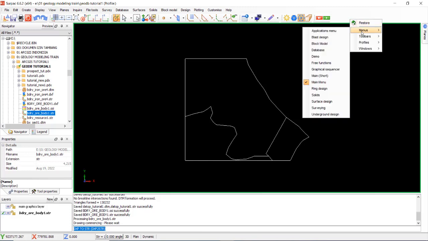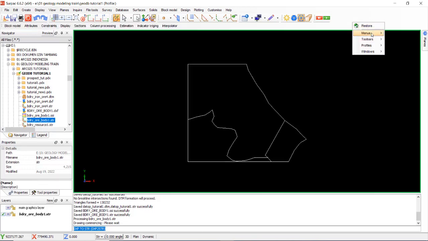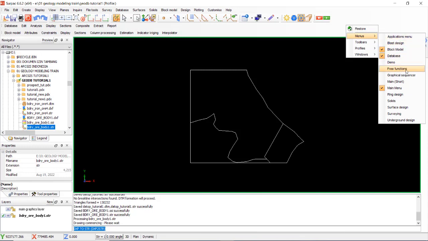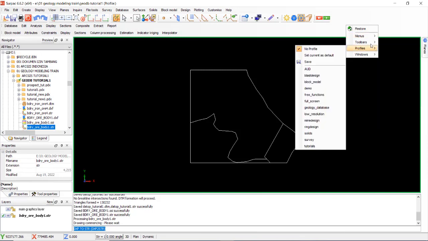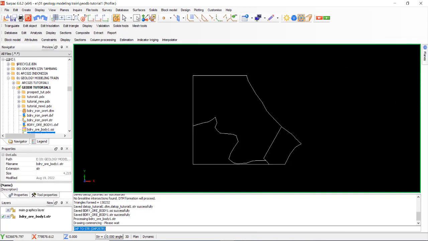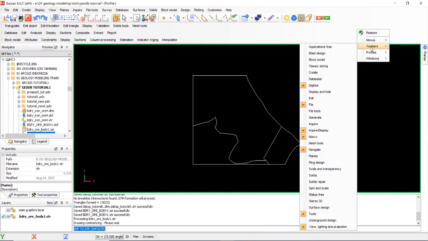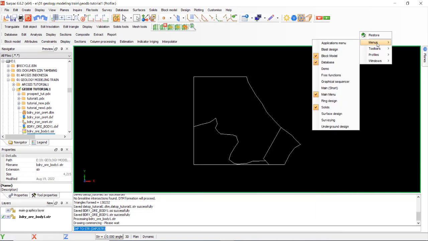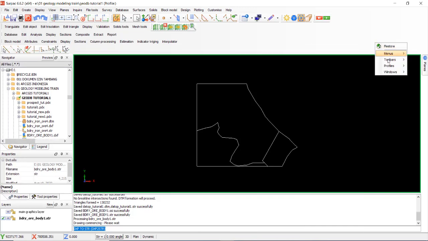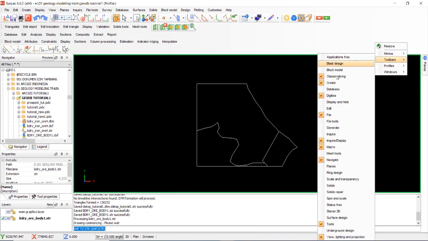Okay, we open the menu, block model, select the menu and database, and then we work in Solid 2. Select classic section, toolbar, create, toolbar for edit.